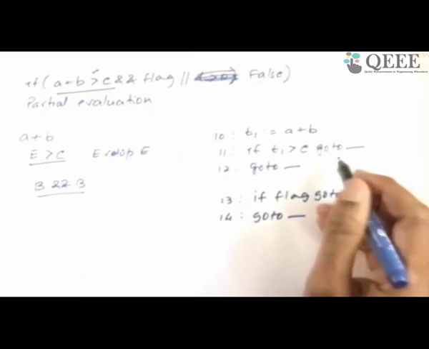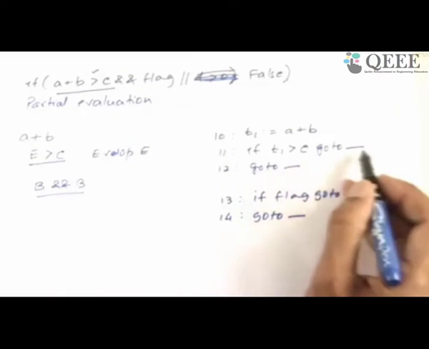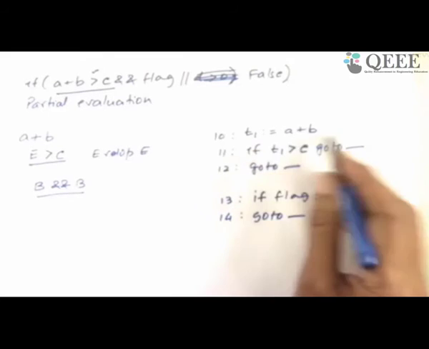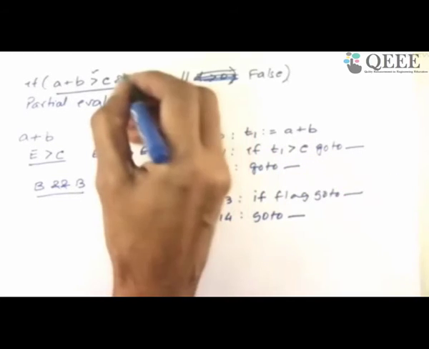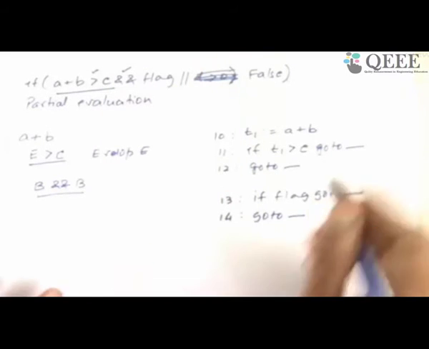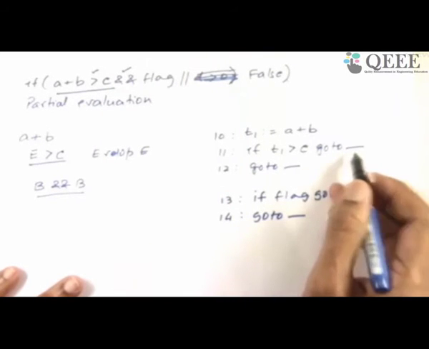So now we observe that if T1 greater than C, this is B dot true list. At this place, the small sub-expression evaluates to true. The connective is an AND. So now we have to make a connection: since this is true, I must evaluate the next part.